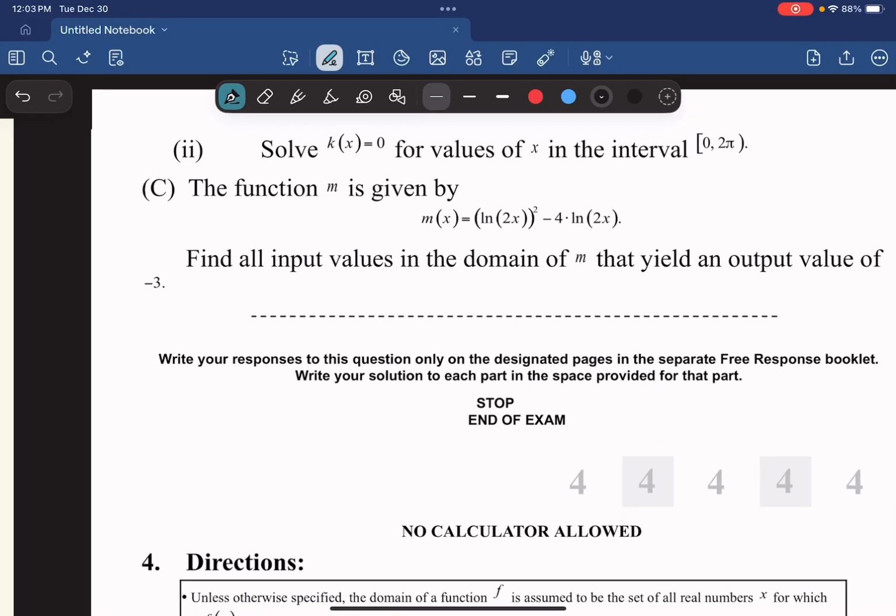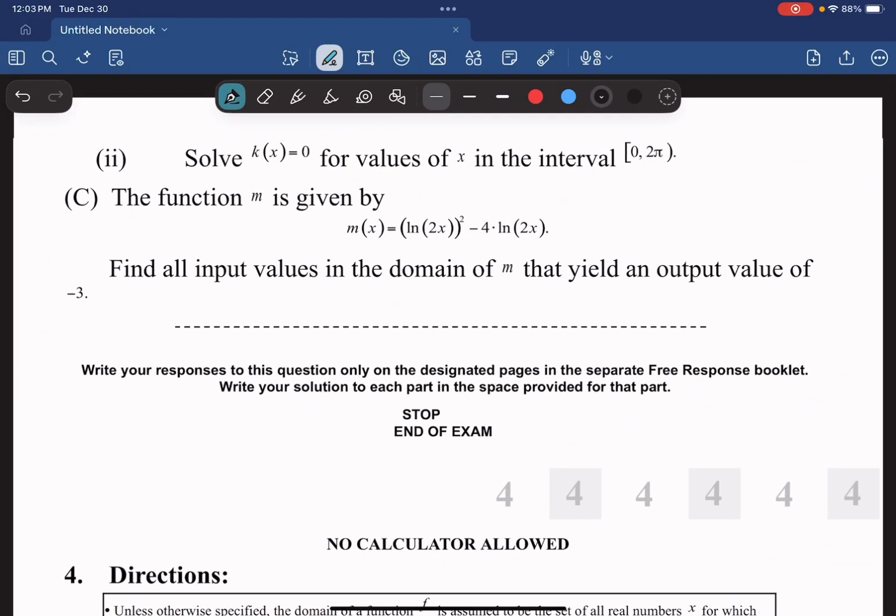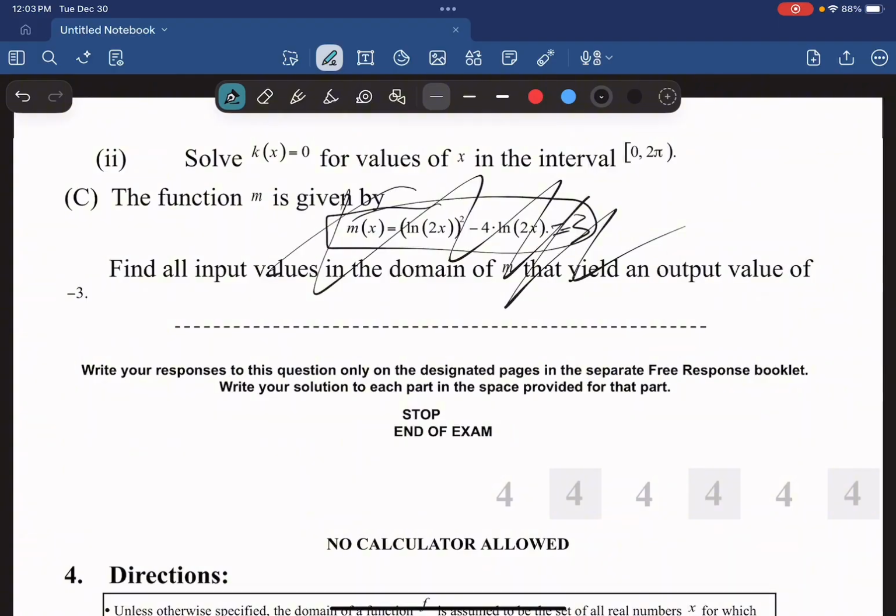And moving on to C, function m is given by, God, that didn't transfer over well, did it? No. Okay, so function m is given by this, right? And it wants you to find all input values in the domain of this function that would yield an output of -3. It's just a fancy way of saying find x when this equals -3, right? It's pretty simple. And what we can do here is, let's just set it up first where,